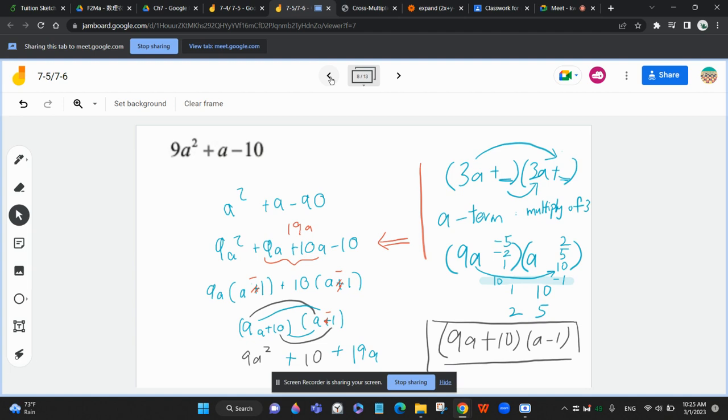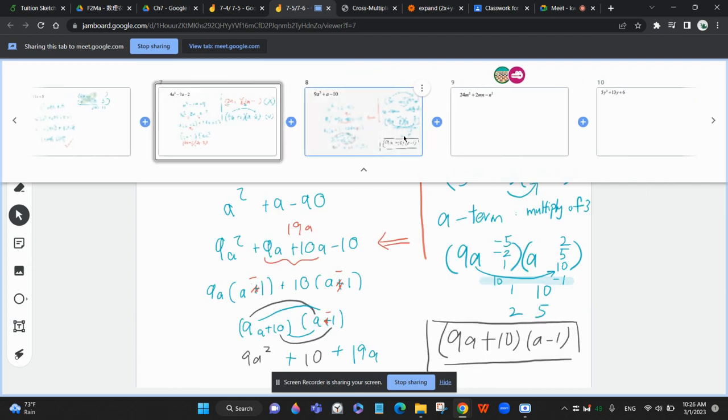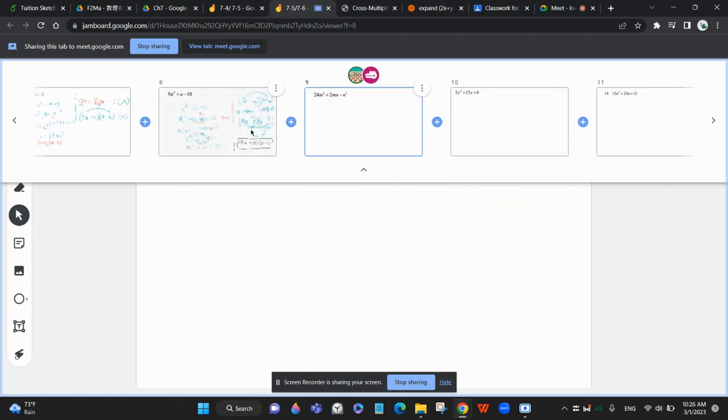b squared plus a minus 19. So 90 sounds- Okay, so this one, actually this one is, I guess,